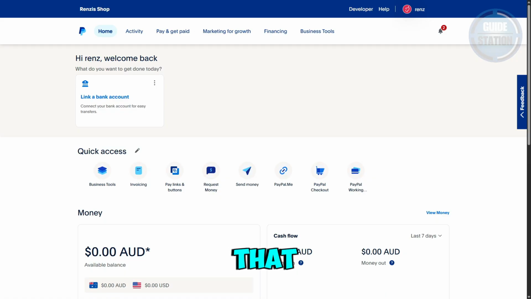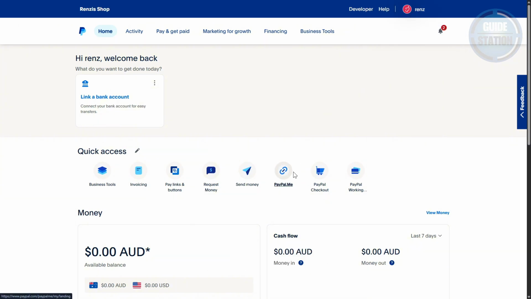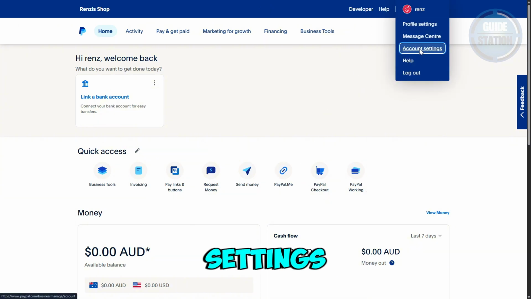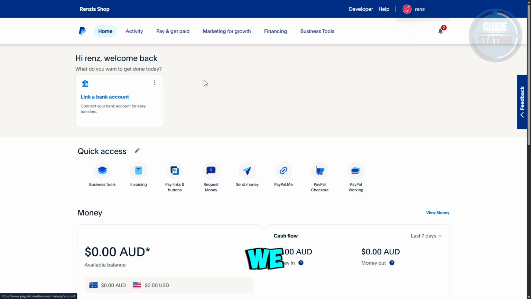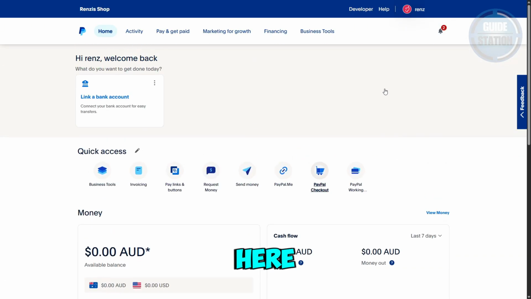So the first thing that you want to do here is access your PayPal account. So go to paypal.com, log into your account, and once you've logged in, go and access your profile icon or your name at the top right here. Now you want to go to account settings here, and under account settings, we want to go ahead and access the option here for